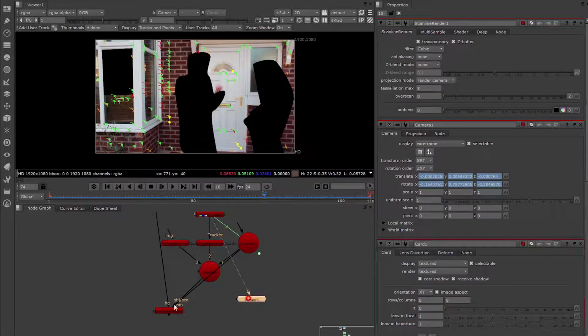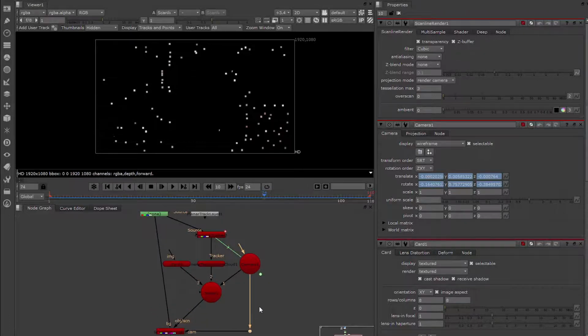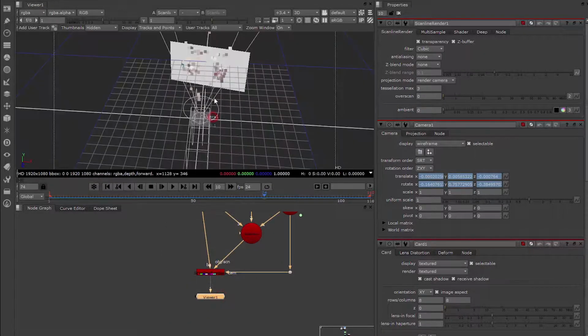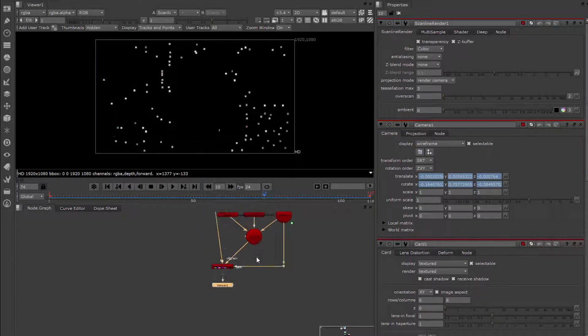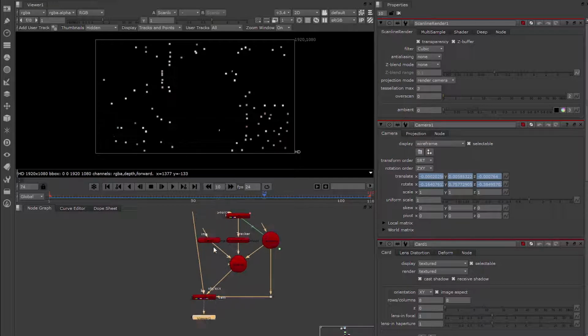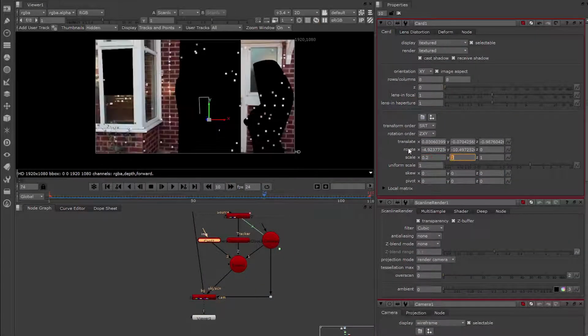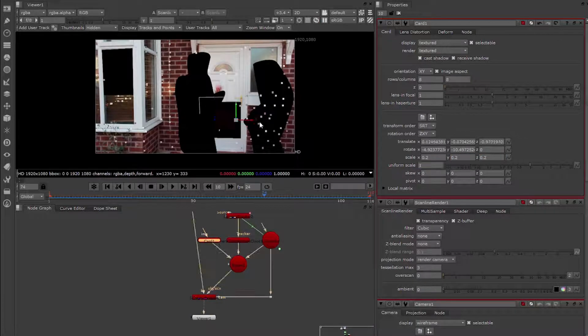So now if we look through the scanline render node, you'll see that it's just black, and that's because the card that we just created is obscuring all of the background footage. So in order to see the background footage, what we need to do is scale this card down. So I'm just going to go into the card node properties, and in the scale I'm just going to change that to, let's try 0.2,